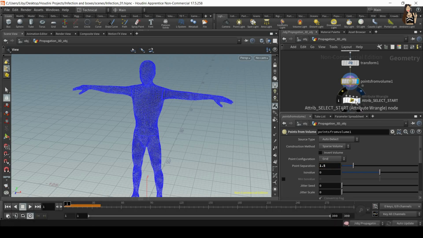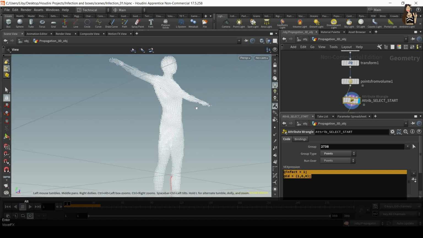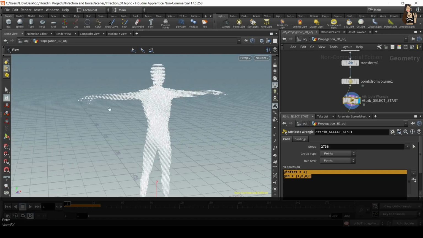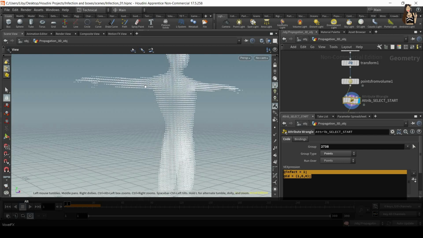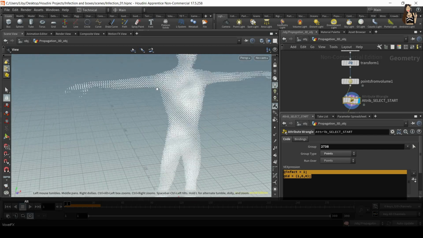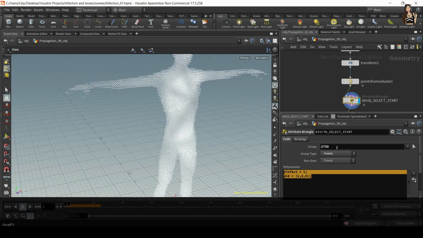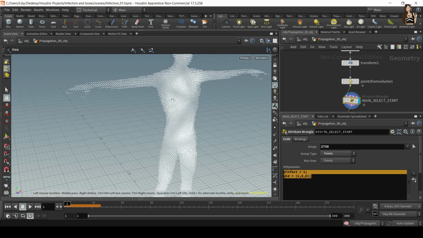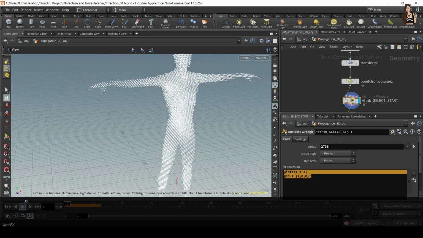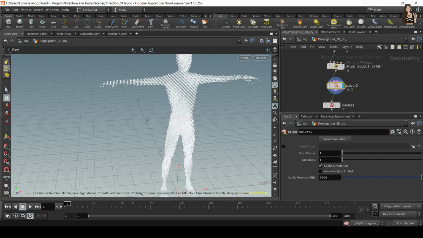Then we have our AttribWrangle. In the AttribWrangle, you will probably have to select your point again. Sometimes you might find that this point is actually somewhere inside your geometry, in a place that you don't want it to be. So it's always good to choose a new point. Okay, but I'll just leave it there. And then we have the solver. And now when I play it,